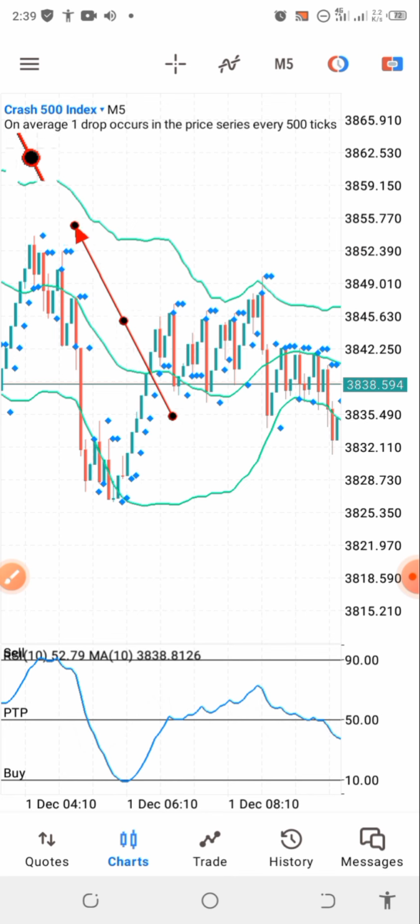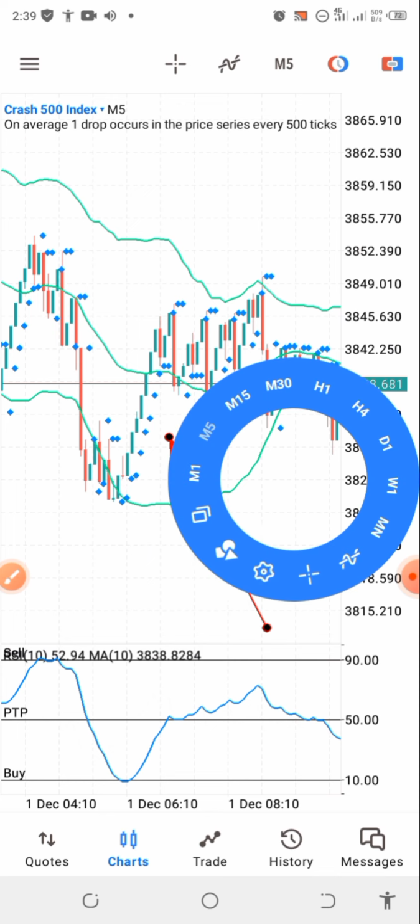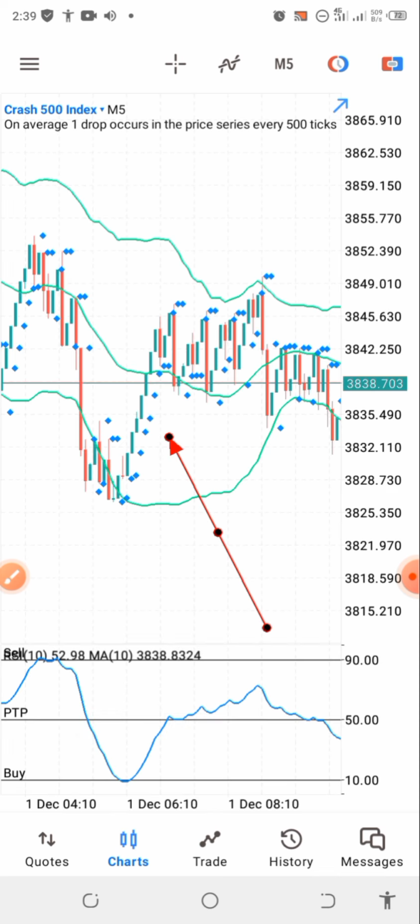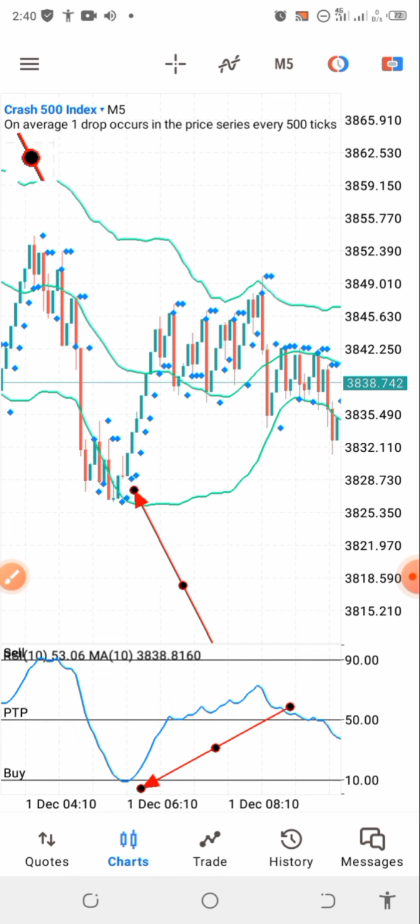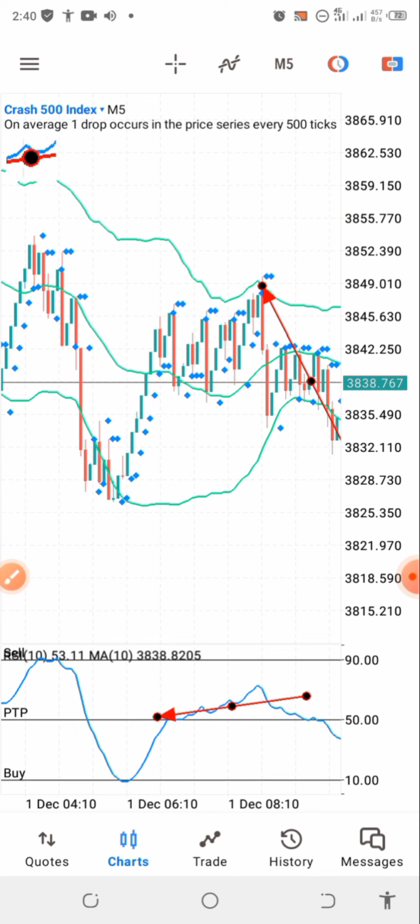You want to see the parabolic SAR moving below the price. When you see the parabolic SAR moving below the price, then that's when you want to take note, and then you go to your indicator window one. You want to see that this moving average right here is touching the 10 levels of the RSI. So when touching the 10 levels of the RSI, that's when you are going to jump into position, and you close your position when you reach the last line at the top, or you use this RSI right here to set your take profit. So as simple as that.